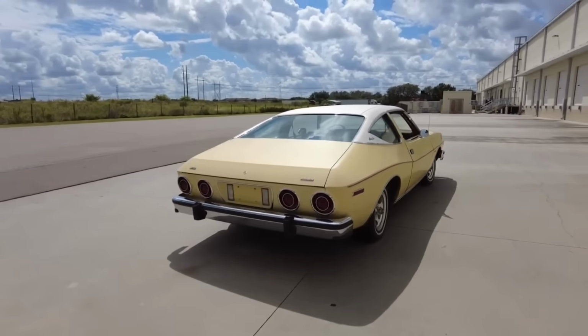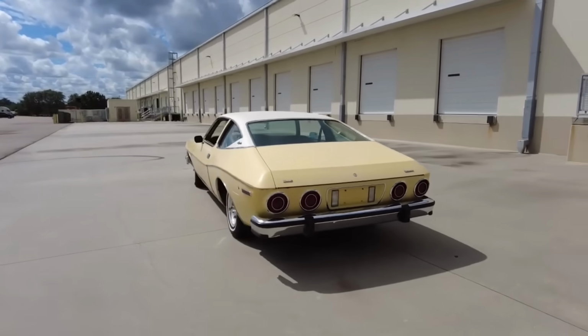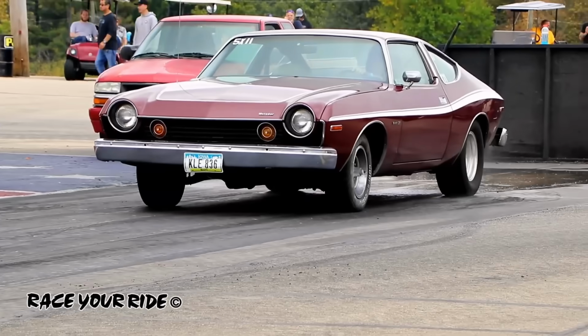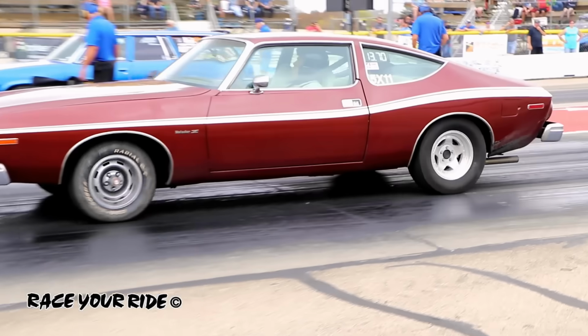Finding a well-kept Matador Coupe today is a true score. Prices range from $12,000 to $28,000, but its real value lies in its uniqueness. There's nothing else quite like it. It's the kind of car that, when it drives by, makes people turn their heads and say, "What the hell